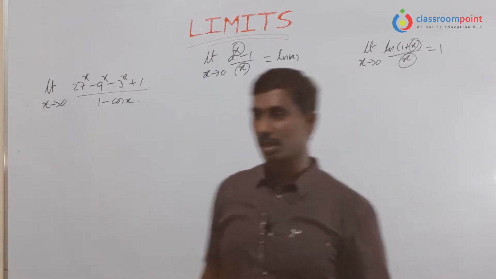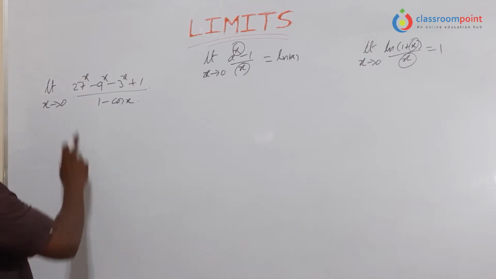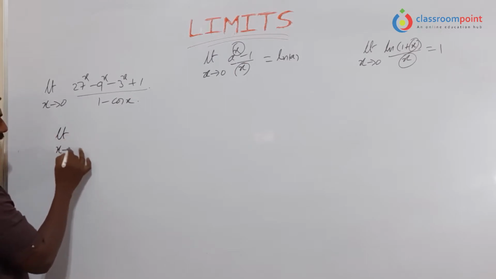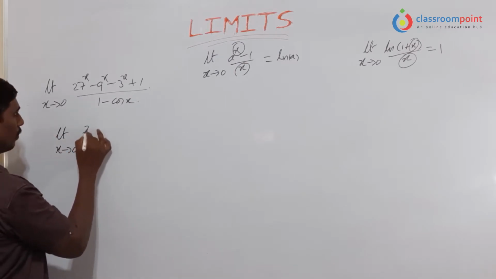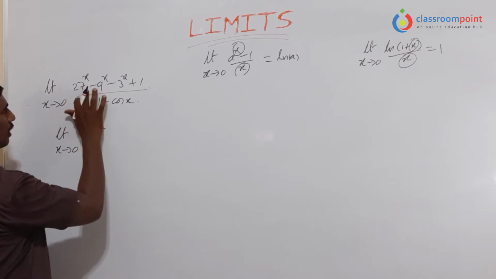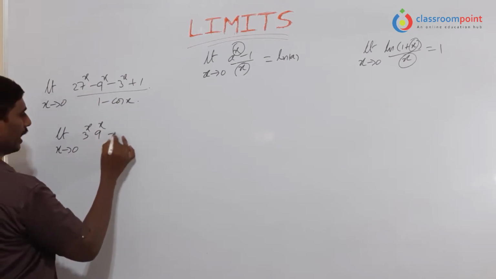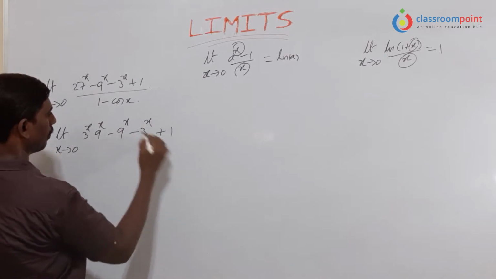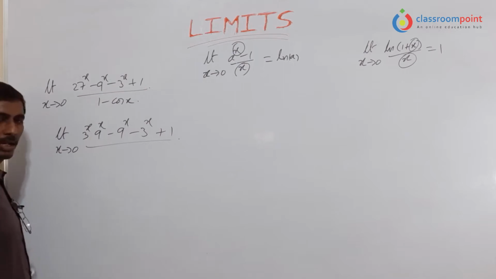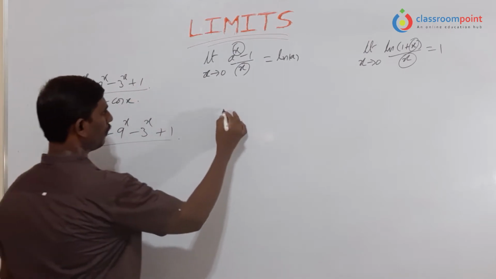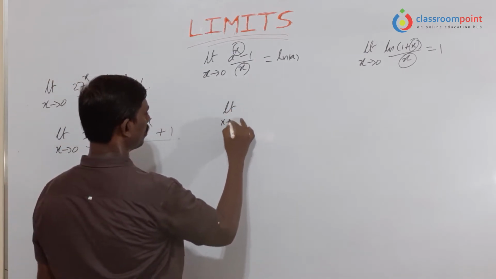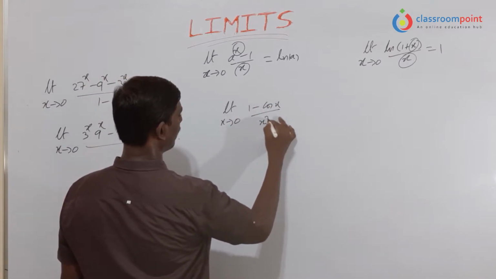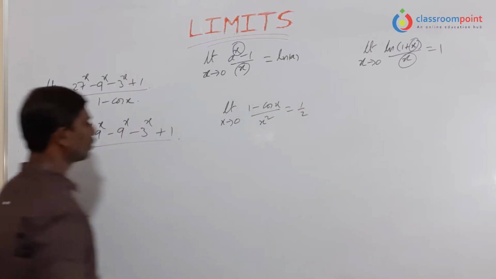This is what we have. Here I am doing one thing. Factors of 27, 3 and 9. So limit x tends to 0, 3 power x into 9 power x, minus 9 power x as it is, minus 3 power x as it is, plus 1 as it is. And one more here. Already we know the formula of limit x tends to 0, 1 minus cos x by x square is equal to 1 by 2.